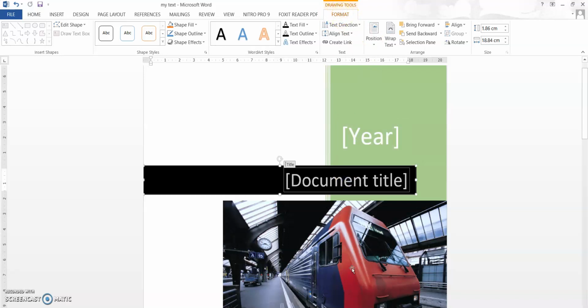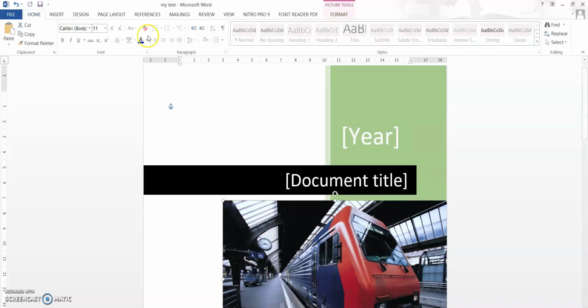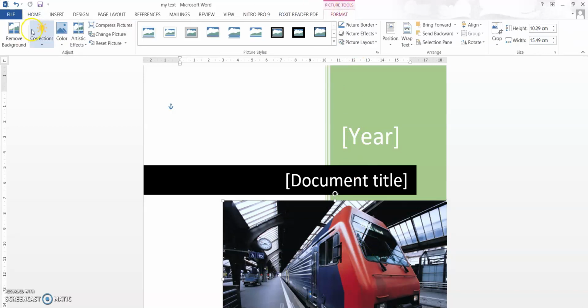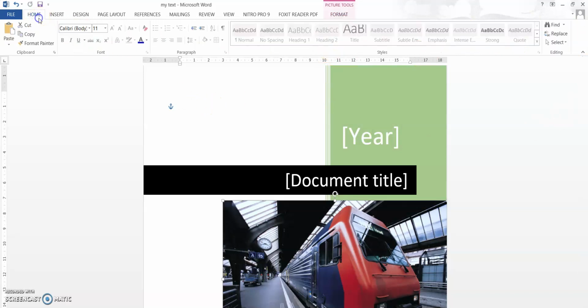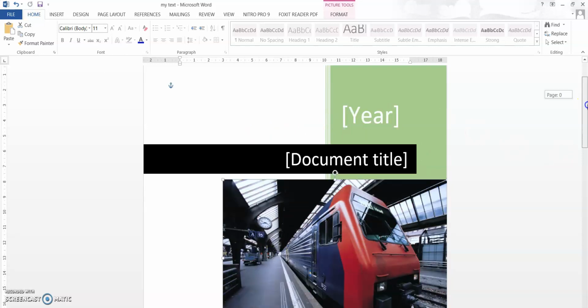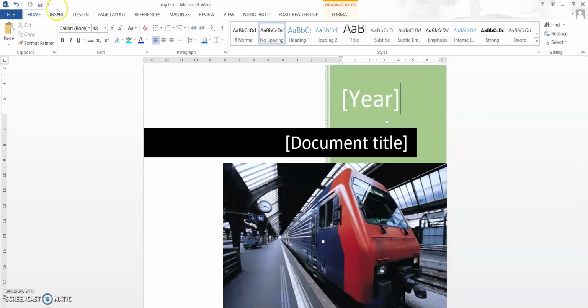So whenever you want to format anything, you need not always go to Design, or right click or left click. There is a Format option that naturally comes and you can do all the formatting here. Okay, so let us see each one by one later. So for now, this is how we add a cover page. That was in the Insert tab.